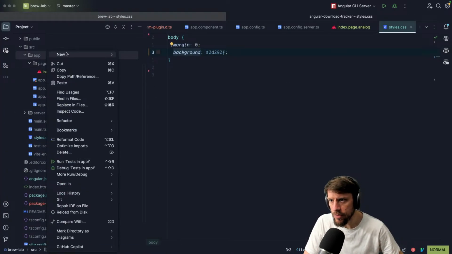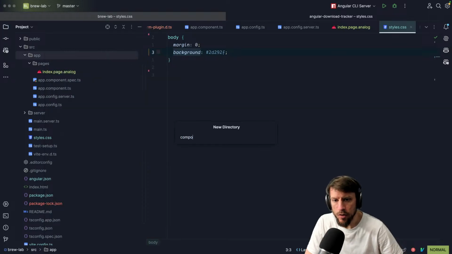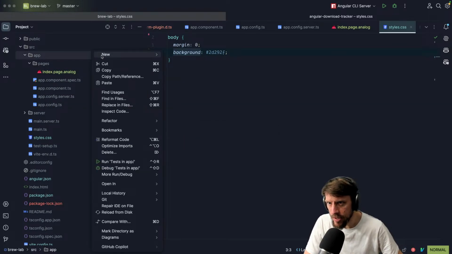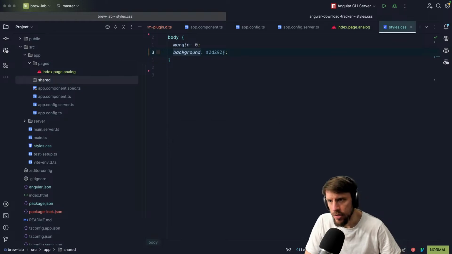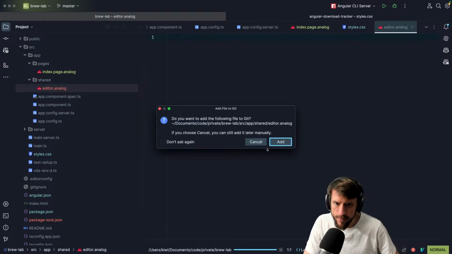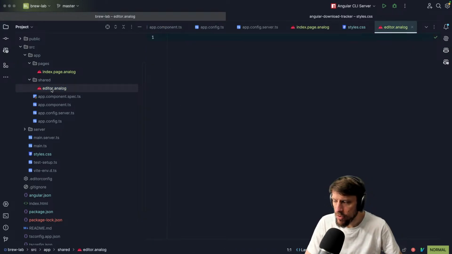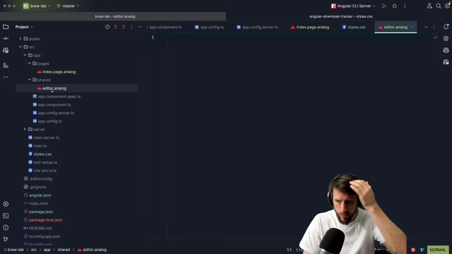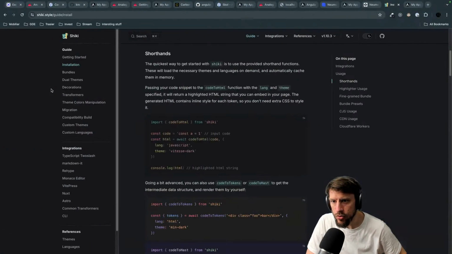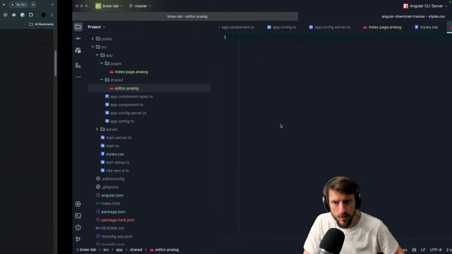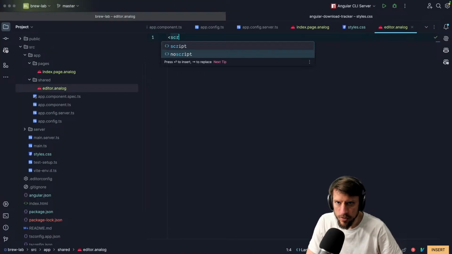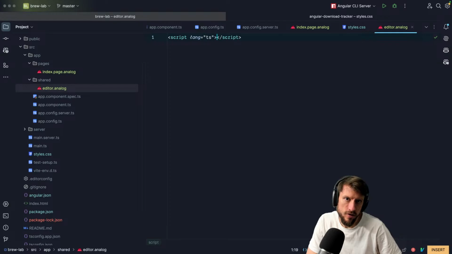So let's go here. I still don't know the best way of organizing Analog. Maybe we do like a directory shared. So that would be if you have multiple pages. And then I would go like editor.analog, just .analog. I feel like to get around that weird issue that we have initially, I do not write .analog at all. So .analog, .component. So we have a TypeScript,